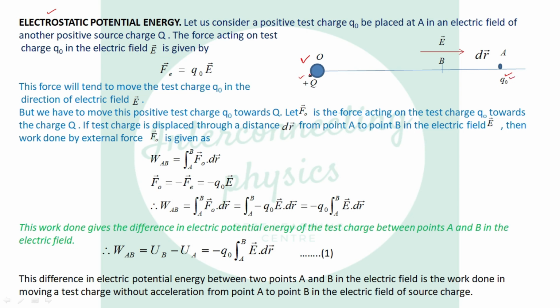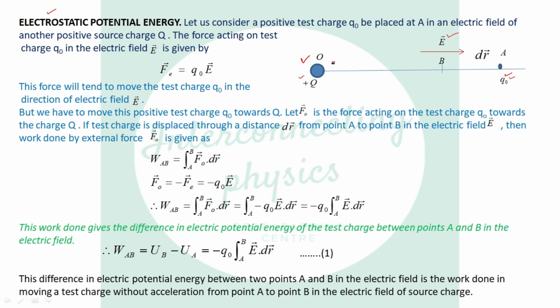So due to electrostatic force of repulsion, the plus Q charge, that is the source charge, will repel this test charge in the direction of electric field. Means this Q naught will move away from the source charge plus Q, that is in the direction of electric field vector E, that is along positive x-axis. But